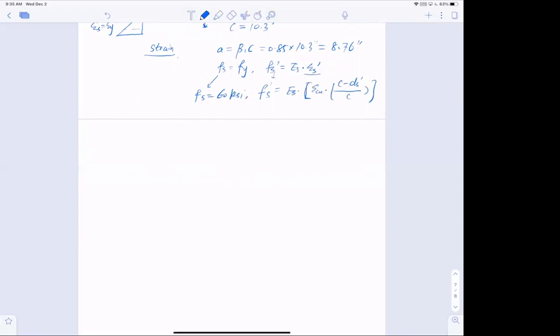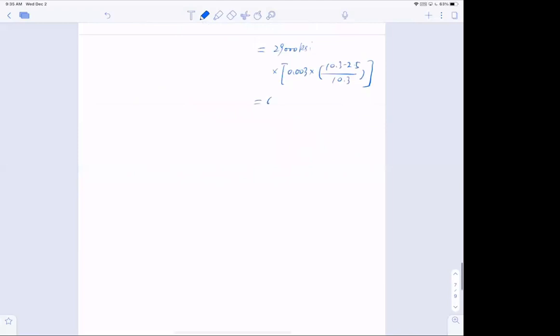Then bring the numbers in: this is steel, 29,000 ksi Young's modulus, multiplied by 0.003 multiplied by 10.3 minus 2.5 divided by 10.3 again. And now I have 65.9